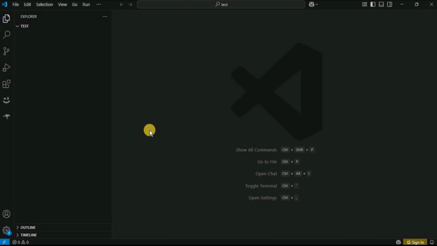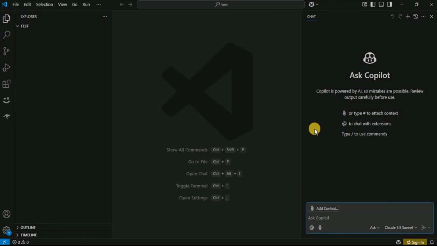So how do you actually get the new agent mode in the VS Code? Well, if you open your Copilot chat from here, and if you come down to your chat sidebar, you will see a drop down menu right here. And if you click on it, you will see that it has three different options: the ask, the edit, and the agent. Now, if your drop down only has two different options, that is because they are slowly rolling out this option to everyone. But no need to worry, I'm going to show you how you can enable it manually.